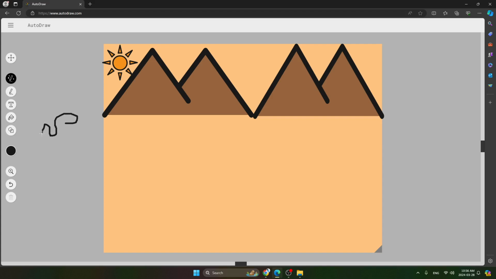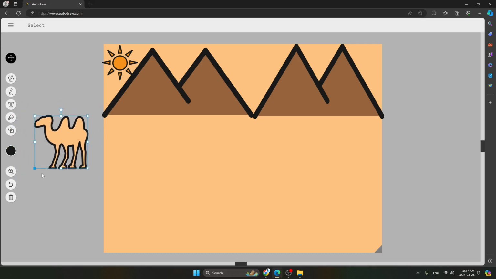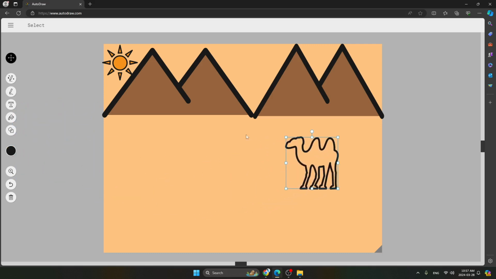Draw similar like a camel, like this. It has been detected. Now color it. So for the camel, here we will take a sky color, fill the bucket, and you can see it has been done. Select, drag it and place it. Okay, so these both colors are matching more. So we will change the color a little. We will take light. Okay, so you can see it has been done.